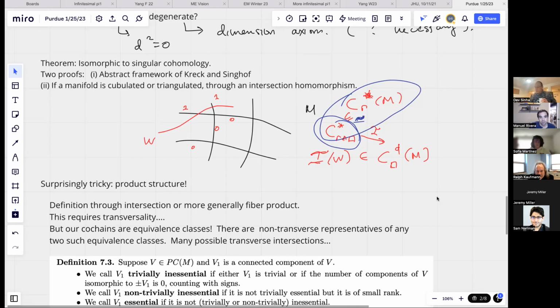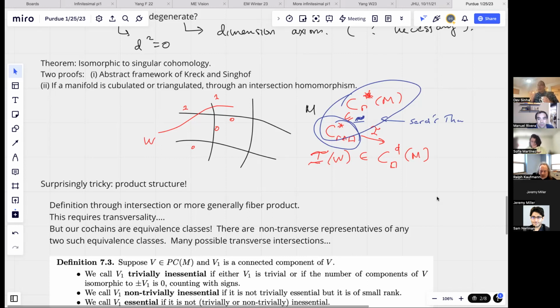So this is where, as Manuel says, Sard's theorem, etc., comes in, that you can take the whole thing where I is not defined, and this shouldn't be that surprising, that you get the same answer. What is a quasi-isomorphism? We're getting the same answer on cohomology. So any cohomology class in M is represented by such a W that intersects the cubulation well. That shouldn't surprise you, right? Yeah, but if you're carrying around all these choices and you're making intersections, I think that's hard to track.